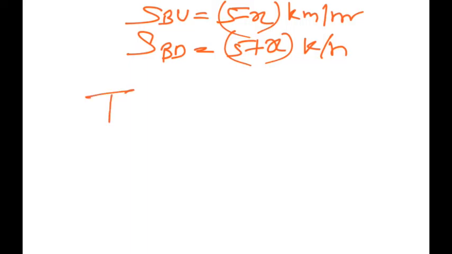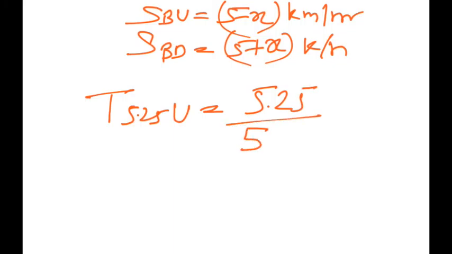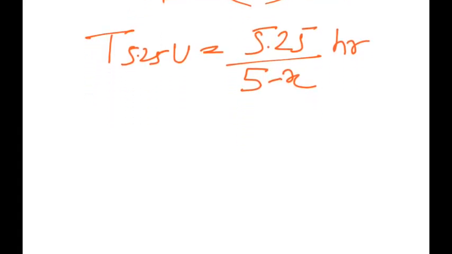Now time taken for going 5.25 kilometer upstream would be 5.25 by 5 minus x hours. Similarly, time taken for going 5.25 kilometer downstream,